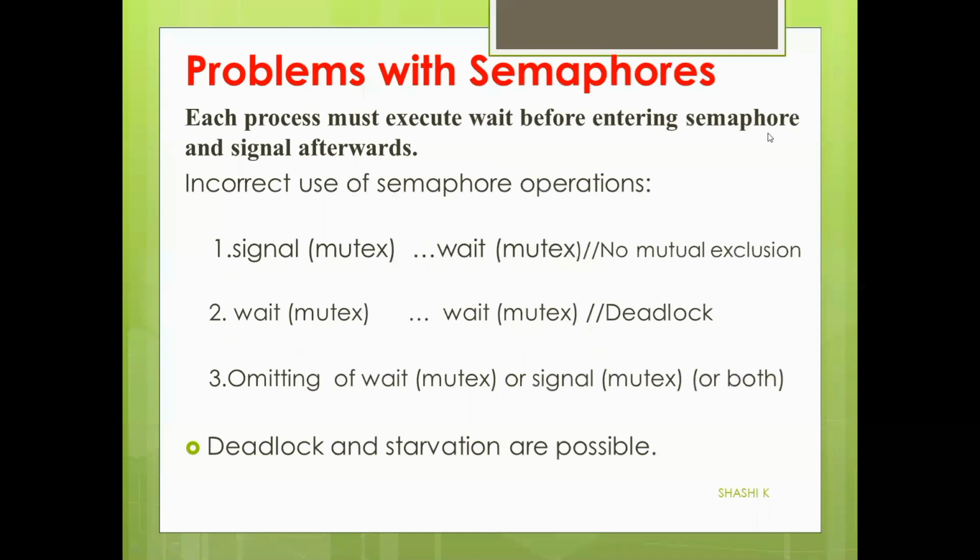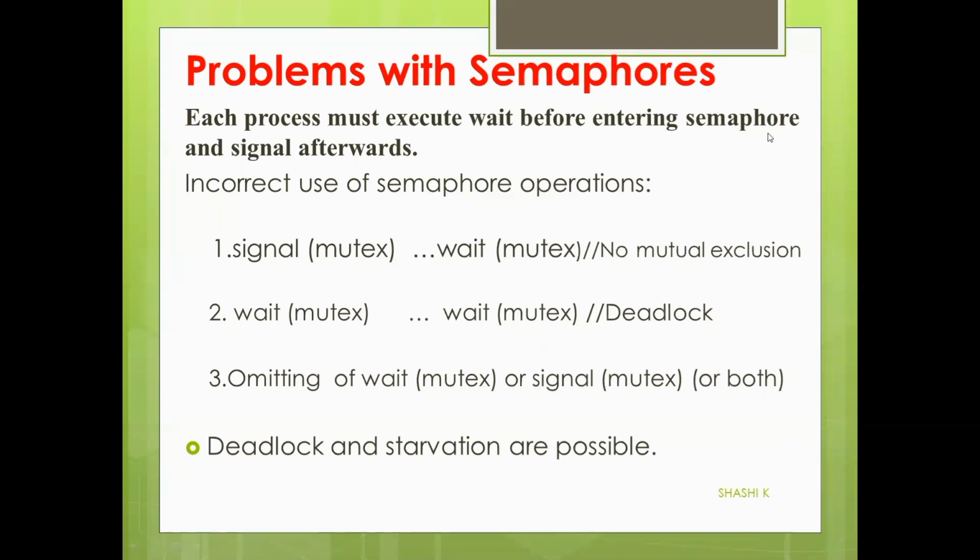Okay, but the problem which actually occurs with semaphores is that so far we have seen what a semaphore is, and we have seen the classic problems of synchronization. But the problem which usually occurs when you use semaphores is that for every shared data, you have to implement a semaphore. For every semaphore, you have to execute a wait operation and a signal operation. If you have too many shared data, then you will have too many semaphores in the program, and managing so much code is extremely difficult.